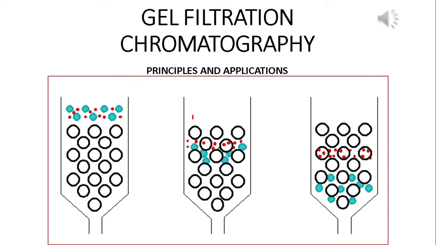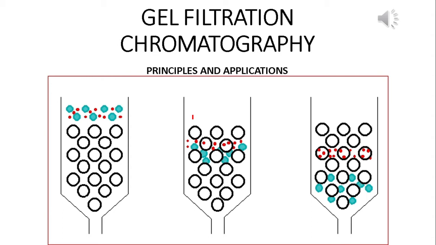In the attached figure you can see the stationary phase consists of solid beads. They are spherical in shape, and among them you can see lots of spaces, we say pore size. Into such a column we are adding the mixture of components.